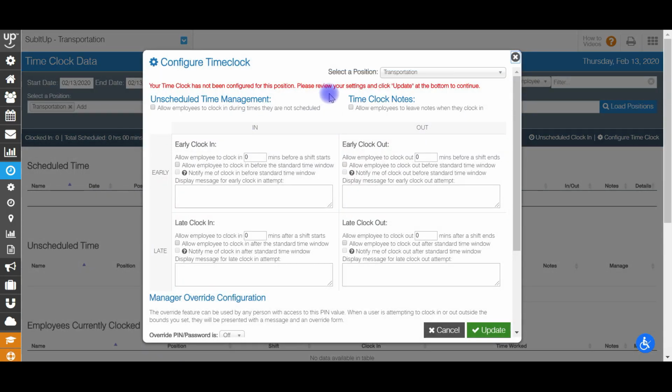If your position has not been configured yet for use with the time clock, you will see a red notification here that says your time clock has not been configured for this position, which means that nobody in this position right now is able to use the SubItUp time clock. After you fill out these values here, this will go away and people will be able to clock in for